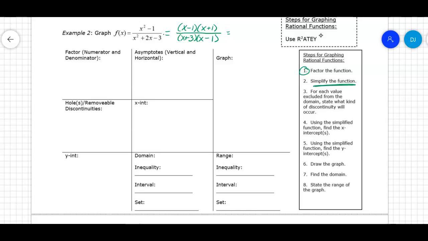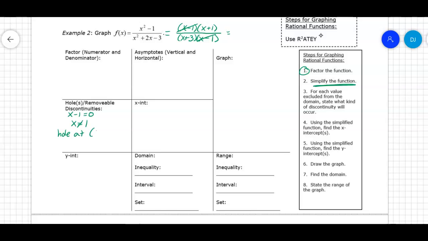Simplifying the function just means that I need to look to see if there is anything in common, and there is. The x minus 1 is the same in both the numerator and the denominator, so that's a removable discontinuity that I can state over here. x minus 1 is a removable discontinuity, set that equal to 0. And x I know cannot equal +1 if I add that 1 over to the other side. So I'm going to have a hole